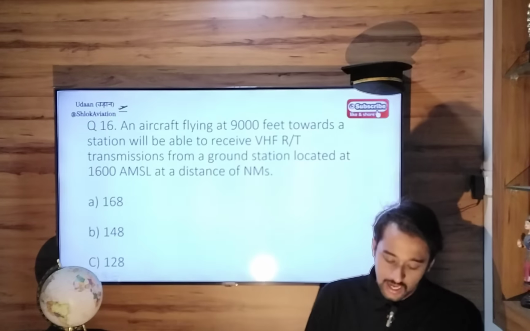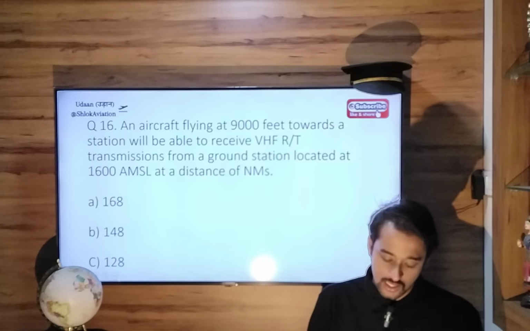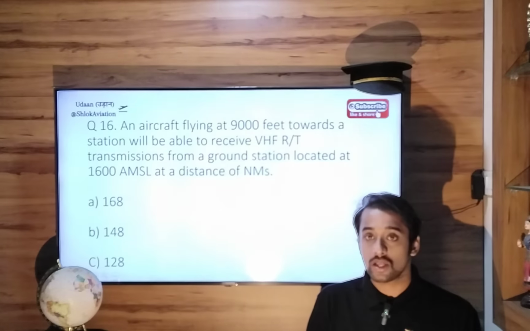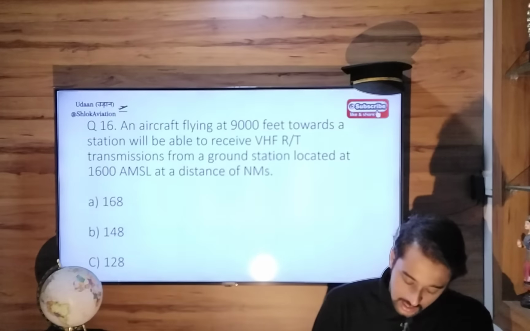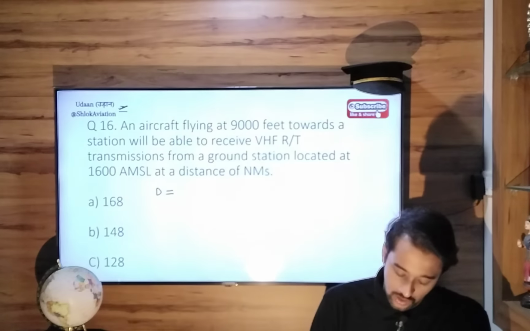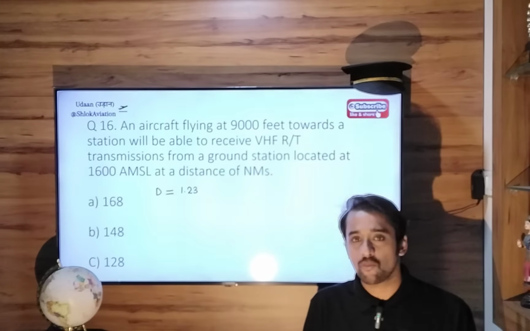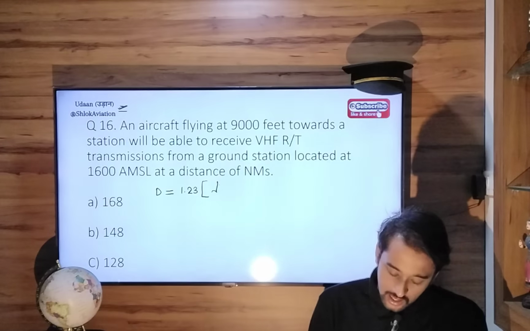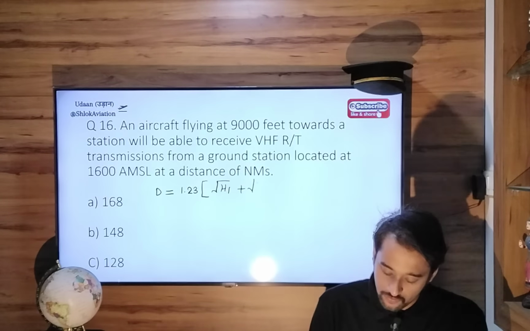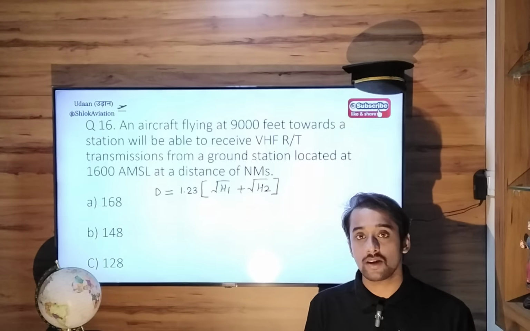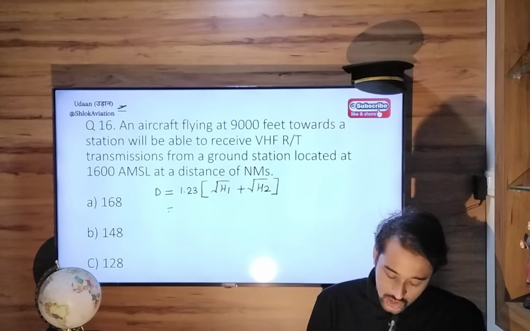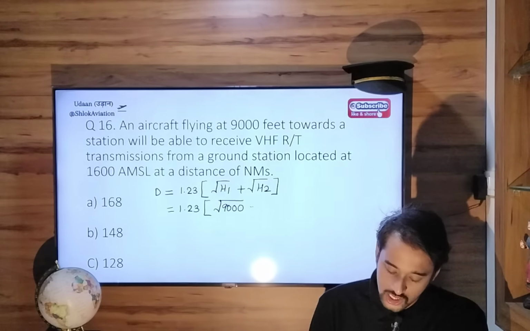Question 16. An aircraft is flying at 9,000 feet towards a station and the ground is at 1,600 feet above sea level. So this is a direct formula. The distance to the VOR station is 1.23, in some cases 1.25, not much difference, times the square root of H1 plus the square root of H2, where H1 and H2 stand for the height of the aircraft and the VOR station respectively. So 1.23 times square root of 9,000 plus square root of 1,600,